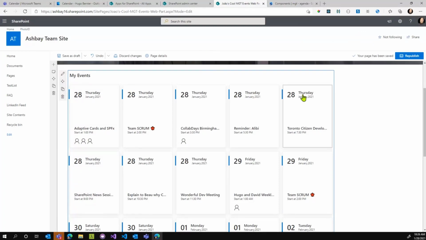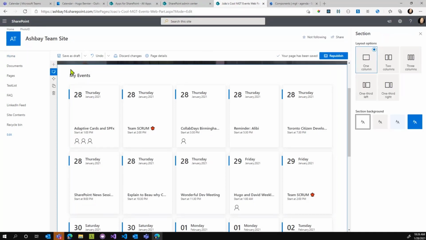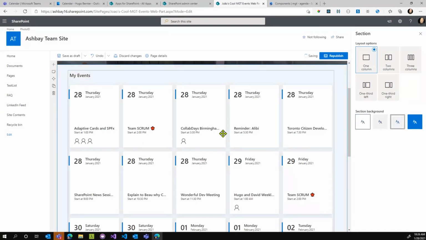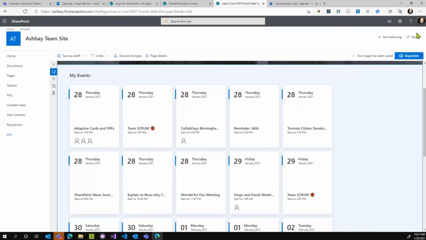But the other thing the web part does is, if I go to the section which hosts the web part here and change the section background color, you'll notice that the web part is actually aware of the section colors. That's a very cool feature that I recommend you try to do in every web part, because you don't have control over what colors people will be using in their SharePoint site or where people will be dropping the web parts. So at the very least, you should make sure it's going to look good in whatever section theme you're using. All right, let's go back to the code.